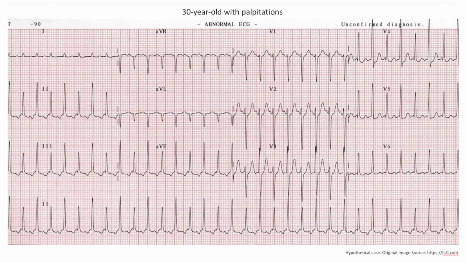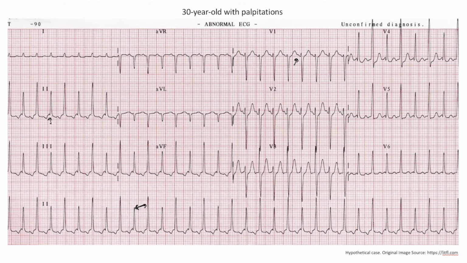The next EKG is that of a 30-year-old who's presenting with palpitations. Now, at initial glance, the patient is tachycardic. The rate is somewhere between 150 and 300. And while P waves are pretty difficult to see, upon close inspection, you can see them immediately before the QRS complex in lead 2 as well as lead V1. Notice how the PR interval is pretty small, and this person could potentially have either atrial tachycardia or AV nodal